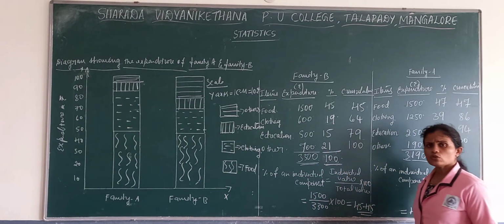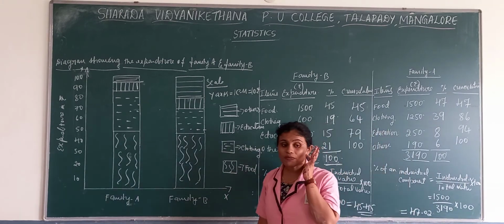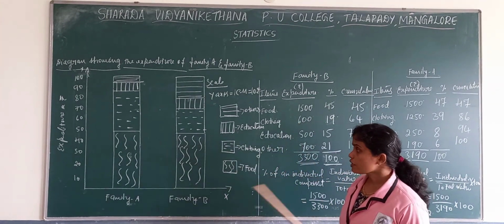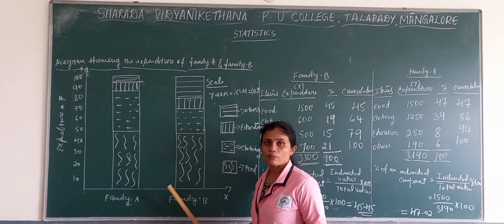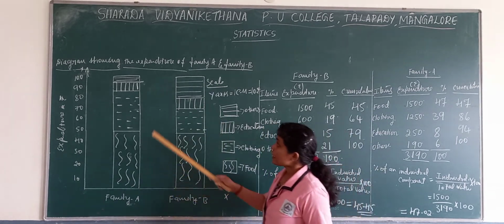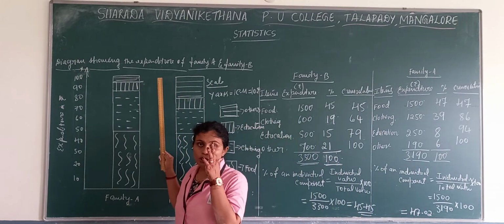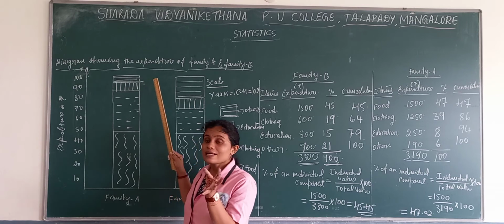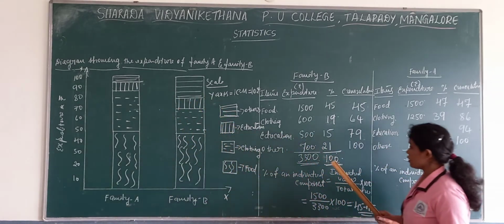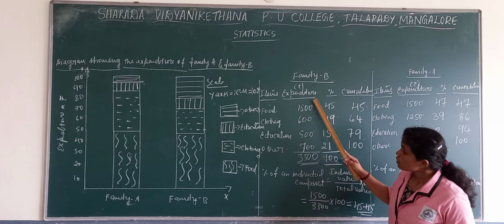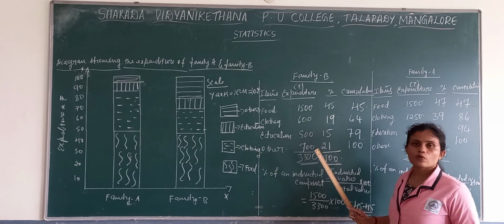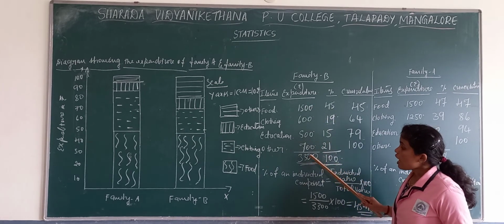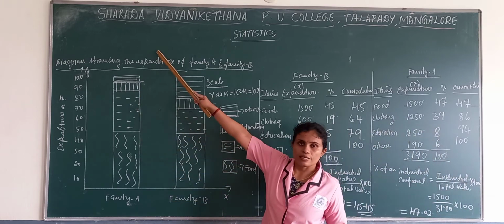It is similar to the component or subdivided bar diagram. There also we divide it in the same format. The difference is that their length we will not draw towards 100. Their length we will draw according to the total. Percentage we won't take there. Up to this total we draw the length.